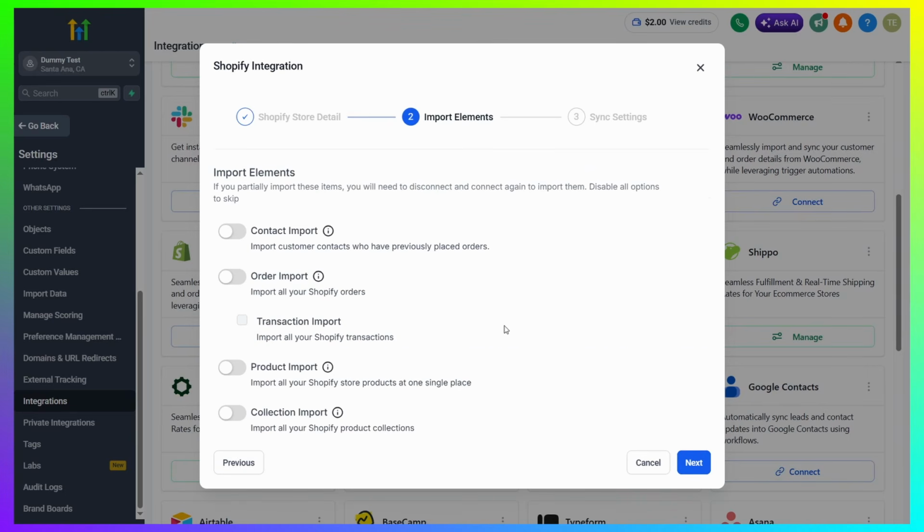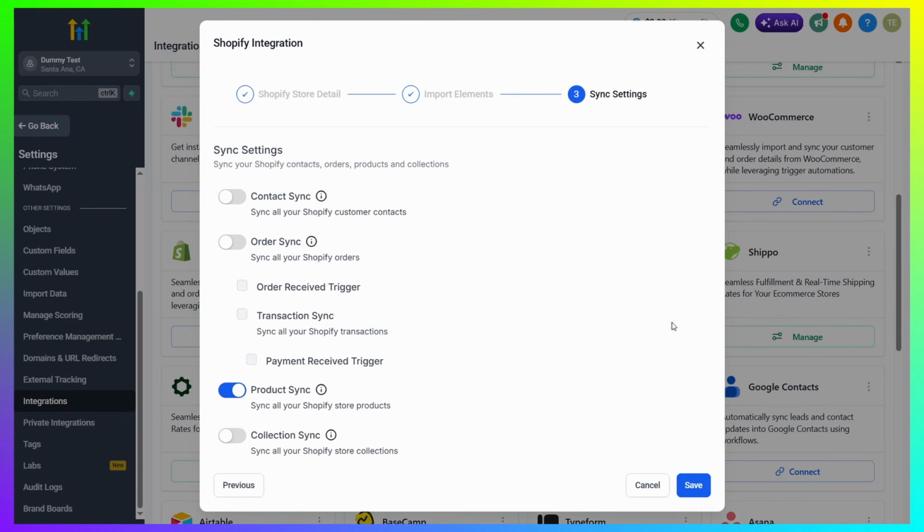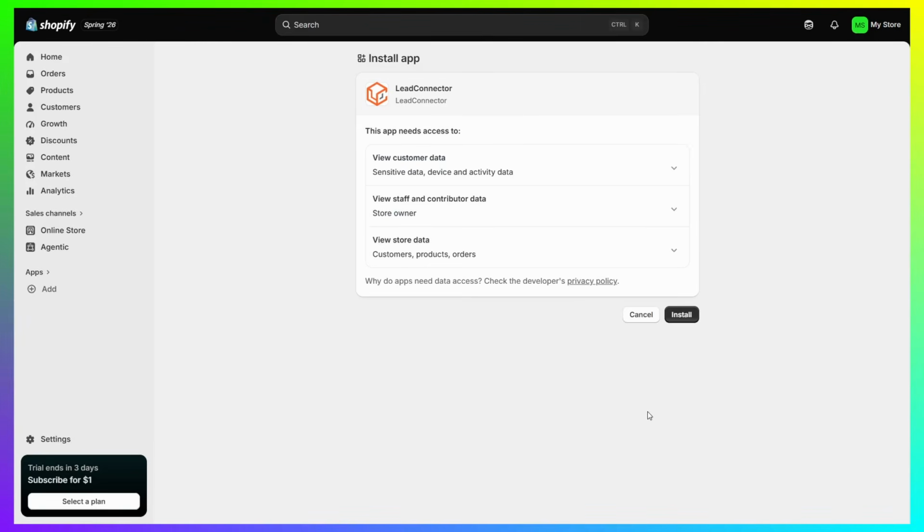And once you click on next, you're going to find the different elements that you want to import, like contact import, order import, the product import, and collection import as well. So I'm just going to go ahead and import the product, but you can obviously select whatever you want and click on next. It's pretty much the same thing, but with syncing. So whether you want to have the contact, product, collection, and also the order, and you can just click on save. So just like that, it's going to automatically open up Shopify for you and install the app for you,